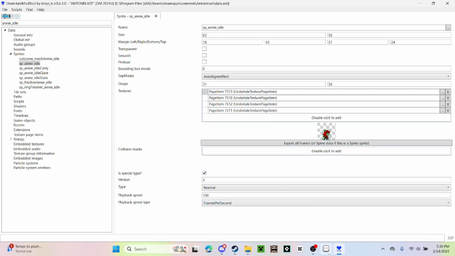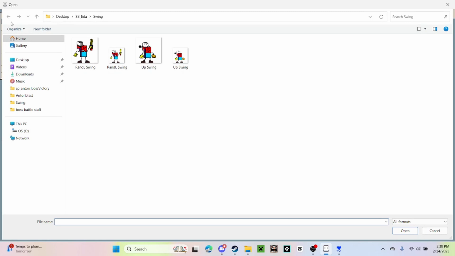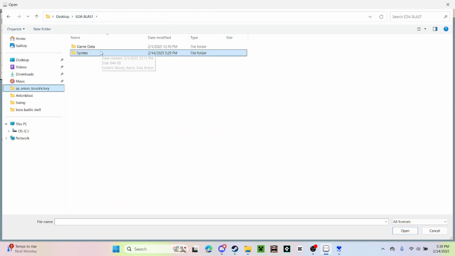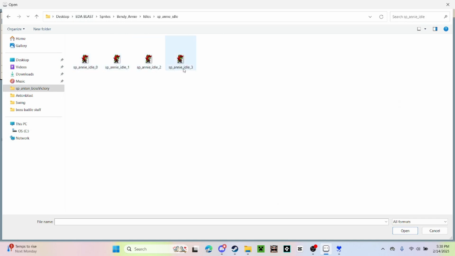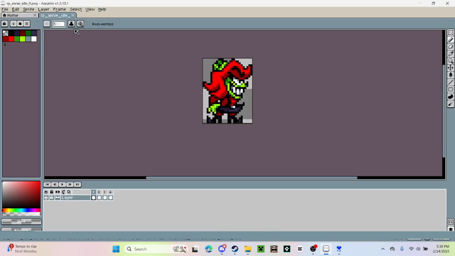You need to have a drawing site you use. So for me, I use Aseprite. And for Aseprite, what we're going to do is go to open. Go to Edda Blast sprites, Bendy Annie, go to Idles, open this folder, and here's the issue. If I click on this, and I press play,